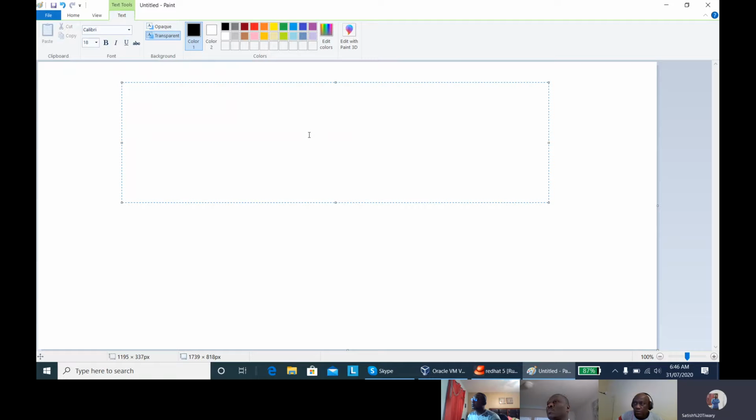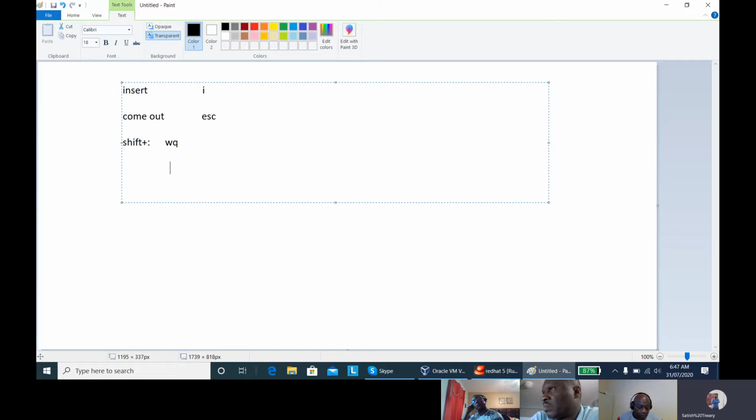The first one is insert mode. If you want to write anything, you have to go to insert mode, and for that you have to press the key I. Now, suppose you want to come out of insert mode. How to come out? Just press the Escape key on your keyboard. And if you want to save, then you have to type Shift plus colon, and then WQ. So W here is for save and Q here is for quit.